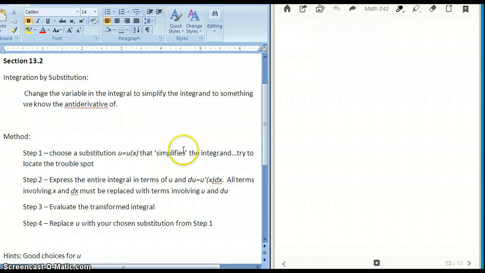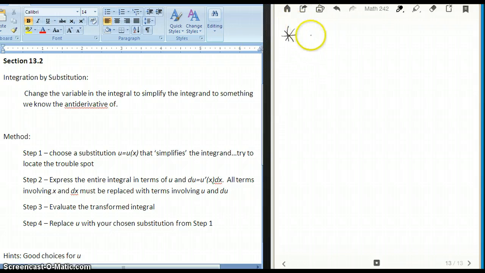Something that it's beneficial to notice is that this technique is really useful for finding antiderivatives of expressions that have been the result of composition, right? This integration by substitution is reversing the chain rule, right? So that's probably beneficial for us to write down, right? So substitution reverses